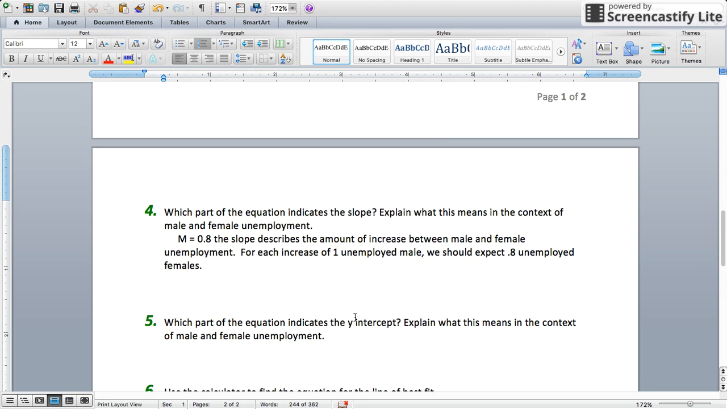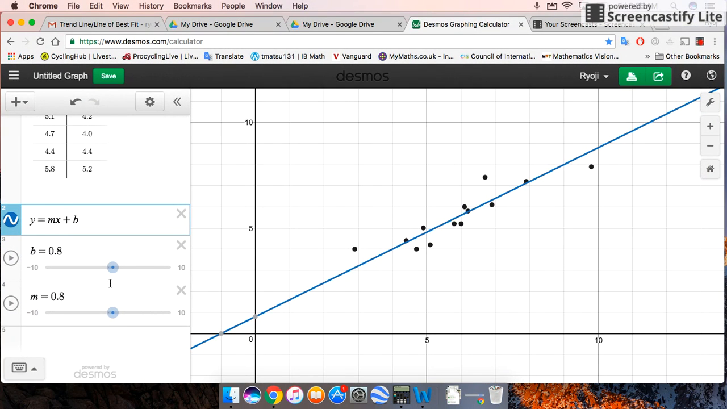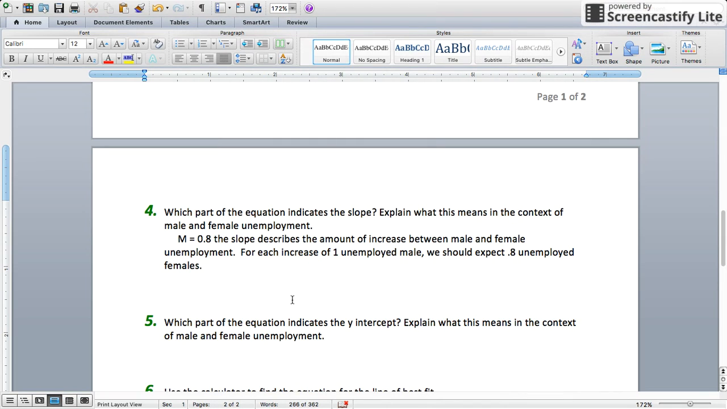Okay, which part of the equation indicates the y-intercept? Explain what this means in the context of male and female unemployment. Again, my values are going to be different than yours because your trend line is going to be a little different. But the y-intercept is also 0.8, right? For mine, yours is going to be different. I expect yours to be different. If yours is the same, then there's something wrong there. B is equal to 0.8,